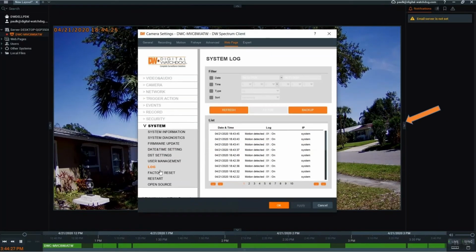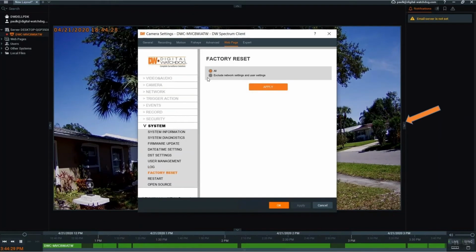You also have the log so you can look at how the system is connecting. You can even factory reset the camera except for network settings. So if you did something and the camera looks purple, you can just reset everything and change it back. All right, so again, you can go in here and do these. Every function of the camera can be done